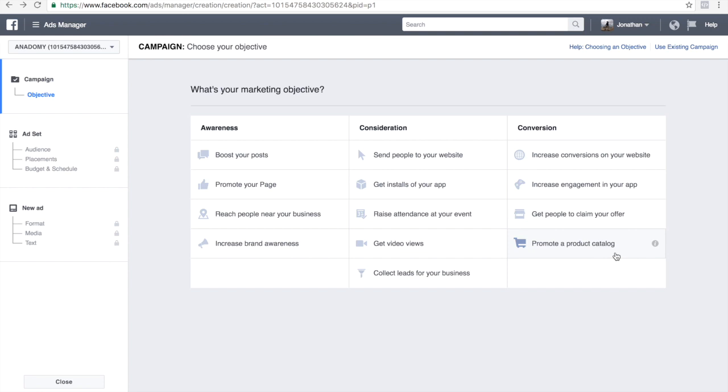This allows you to upload your online store's catalog and dynamically send ads for specific products to specific people. The way this works is it leverages pixel data to chase people on Facebook who have already viewed content on your website. So let's go back to our biking example. If I was on the Specialized Bicycle website and I clicked all the way down through their site until I got to one specific helmet, Facebook can put a specific pixel on me and then upload all of their different products into a Facebook catalog and then serve ads to me specifically for the product that I viewed on their